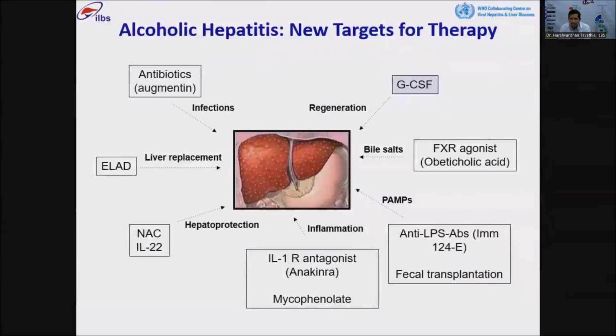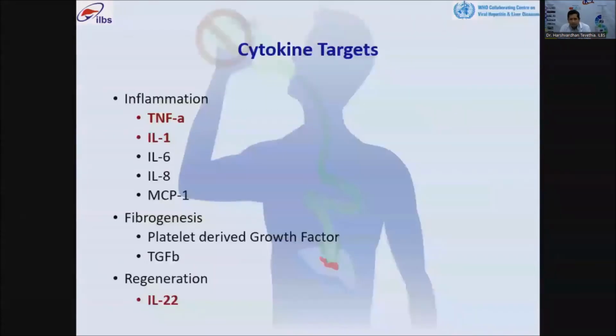Antibiotics such as amoxicillin, you have GCSF, you have obeticholic acid, you have fecal microbiota transplant, you have liver devices which have been at the experimental stage. Some of them now have studies, and some of them are possibly promising therapies. So as I discussed earlier, this is an inflammatory state where you have